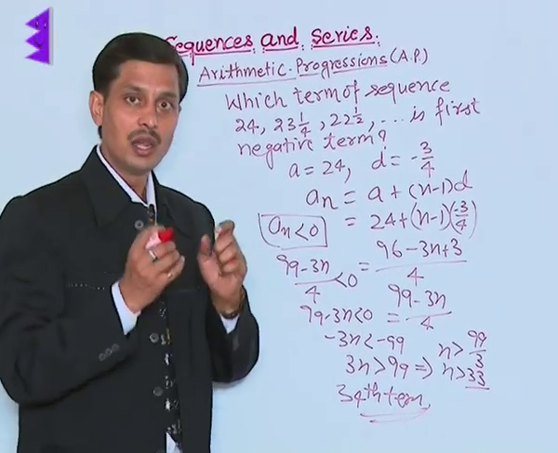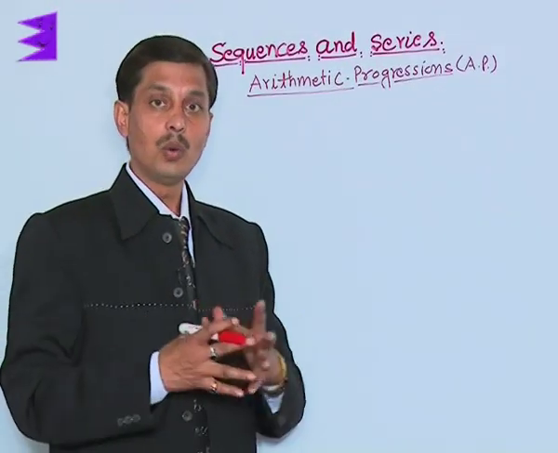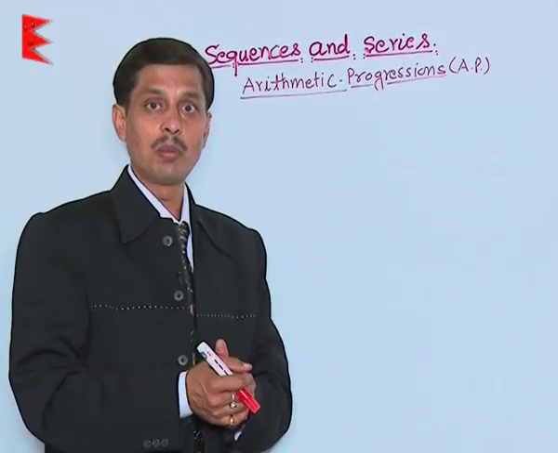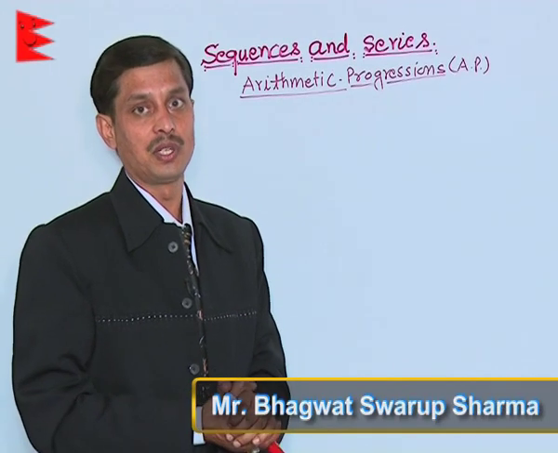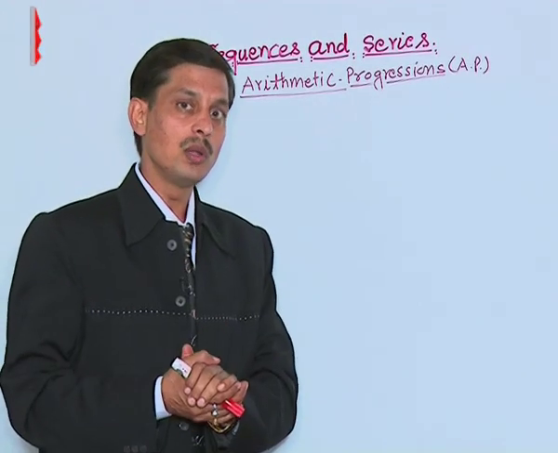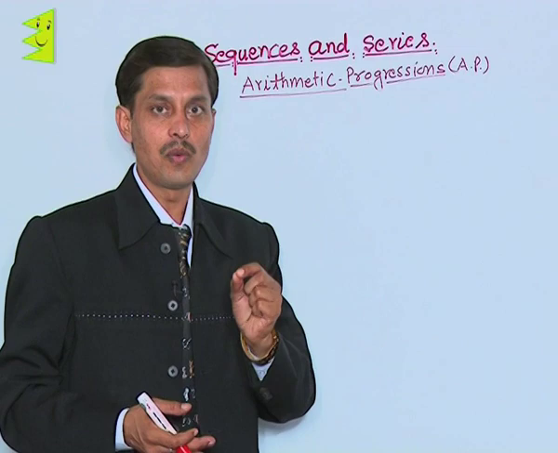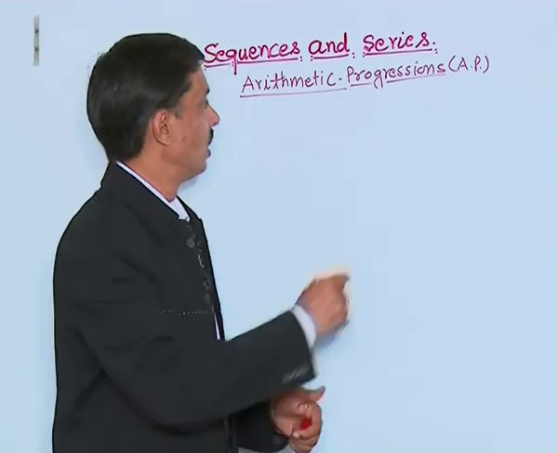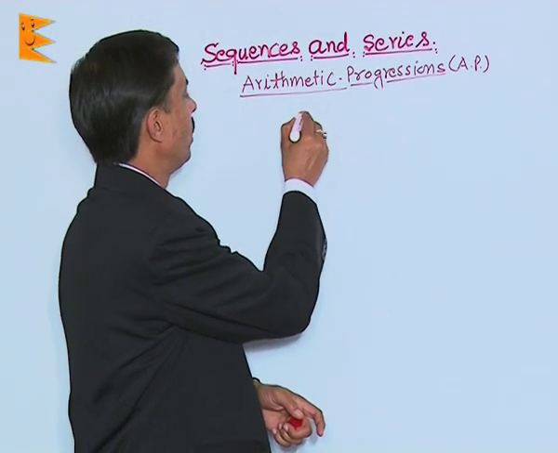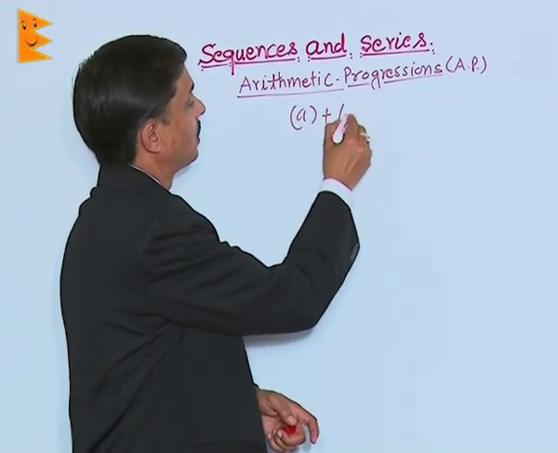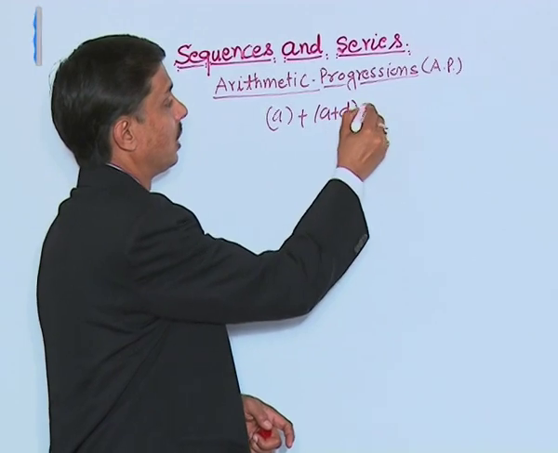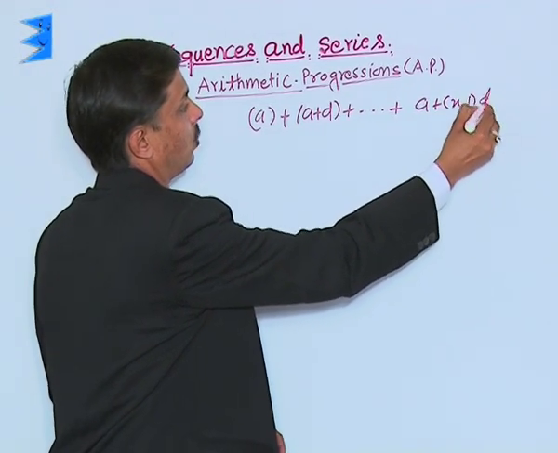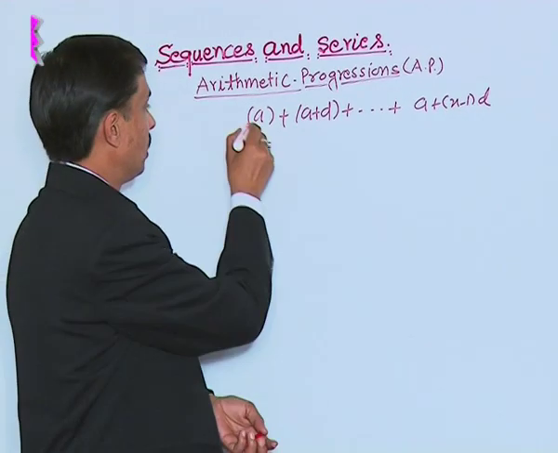Now one more important fact which we'll use to solve problems of arithmetic progression is based on finding the sum of n terms of any arithmetic progression. The result is very well known to you. If the first term is a, the second is a plus d, the third is a plus 2d, and the last is a plus (n minus 1) into d, their sum